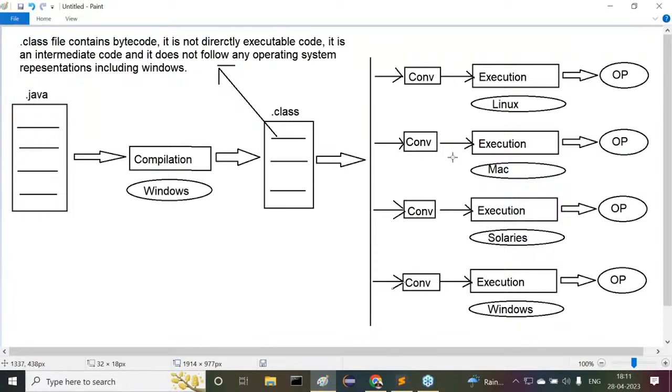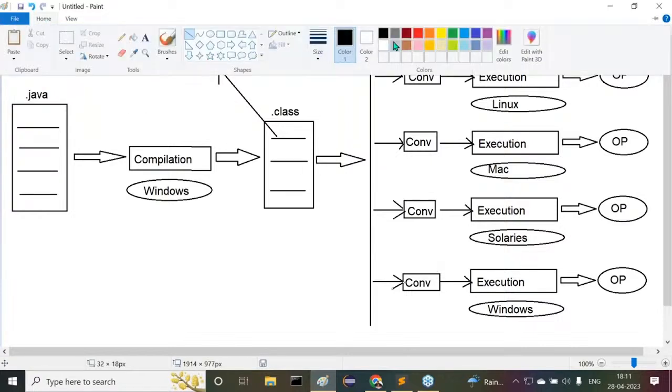Okay. So here Sun Microsystems has given their converters to make Java a platform independent programming language and to execute our Java program in multiple operating systems. But here the question is, how has Sun Microsystems provided these converters actually? If you come to this point, the answer is very clear. Sun Microsystems has provided these converters